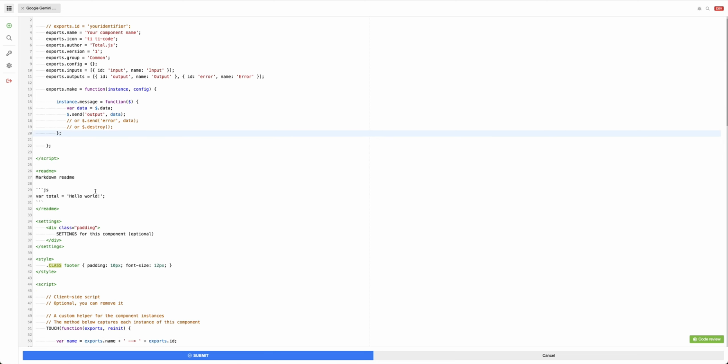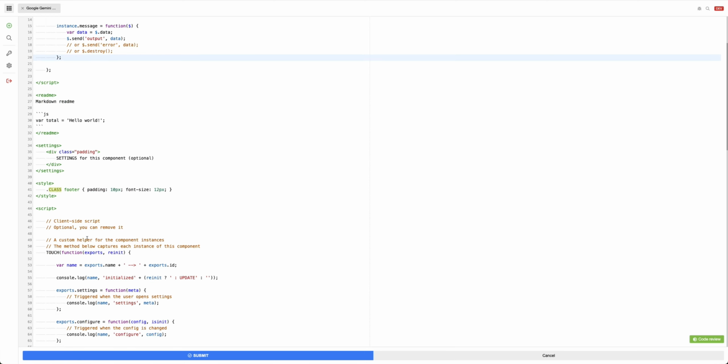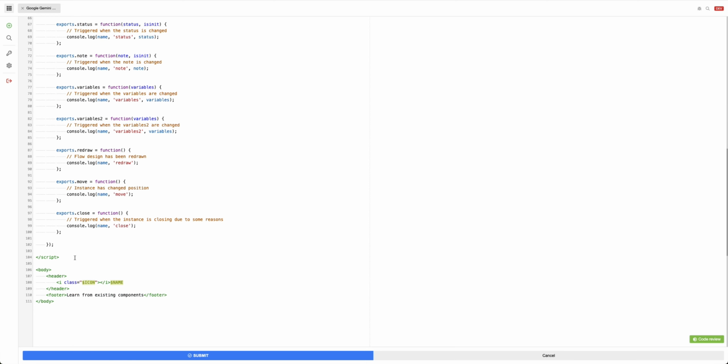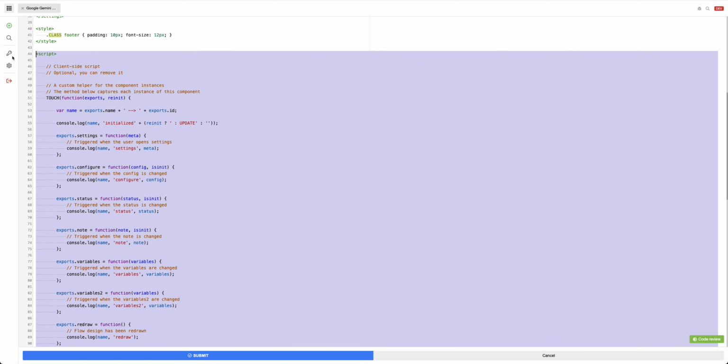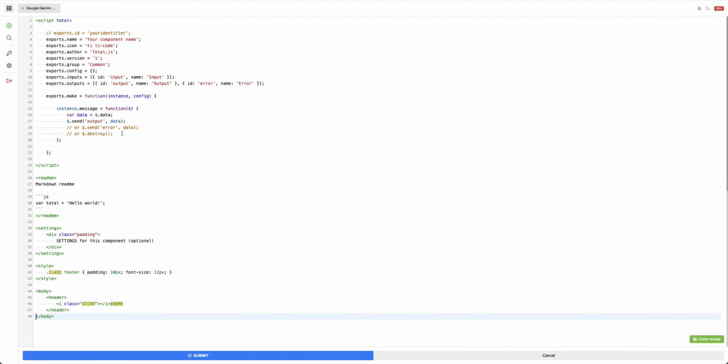README, we can have some README. Styles, okay, we can leave it here. And this script can go away. And also this footer can go away. Now this is just the simple structure, and we can continue right here and change our component ID, which will be